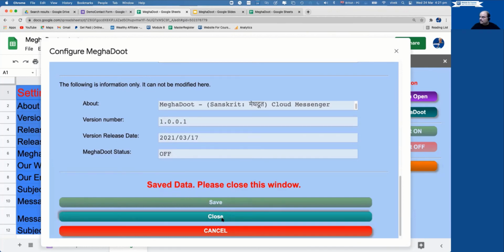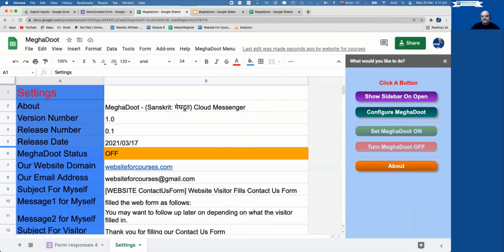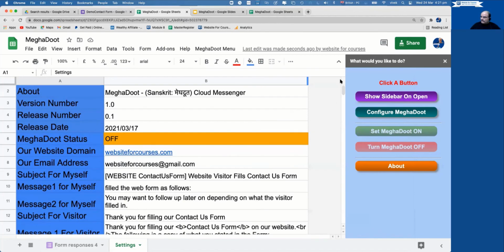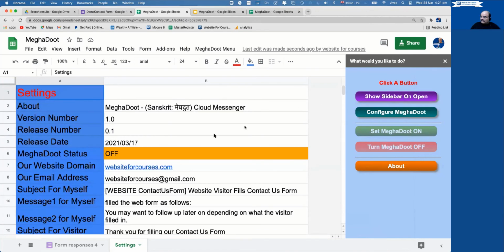Now I can close this window. The details that I filled in are appearing here. You may want to come once again and use this configure Meghadut button if you find that you need to adjust the content of the emails. As such, at this point, Meghdut is ready to serve.